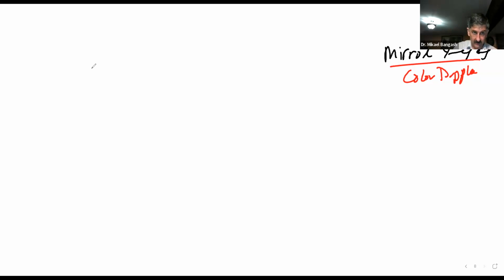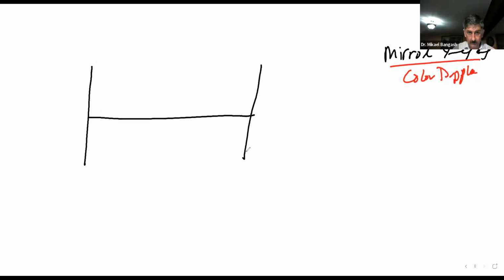Now, the mention here is in spectral Doppler. Let's say that we have a